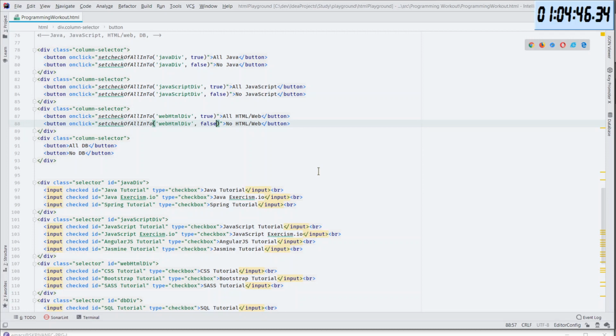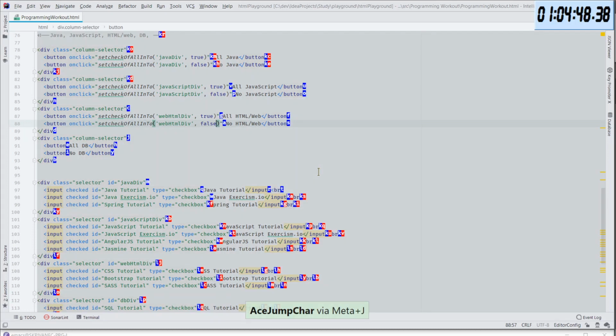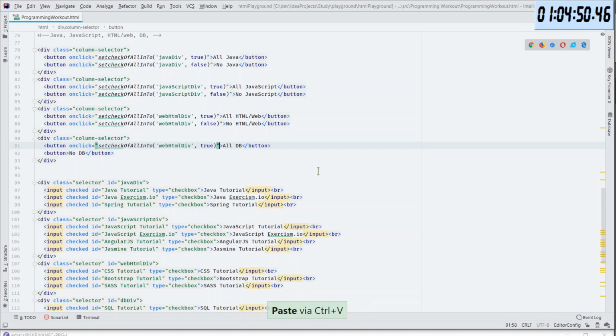Then we have the last thing, and that is in here. And the last ID is db diff. I wanted to say that it will be easy not to make a typo, and I did it. Is it funny?